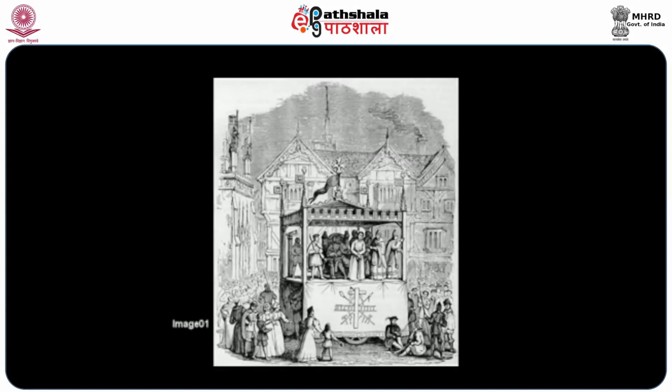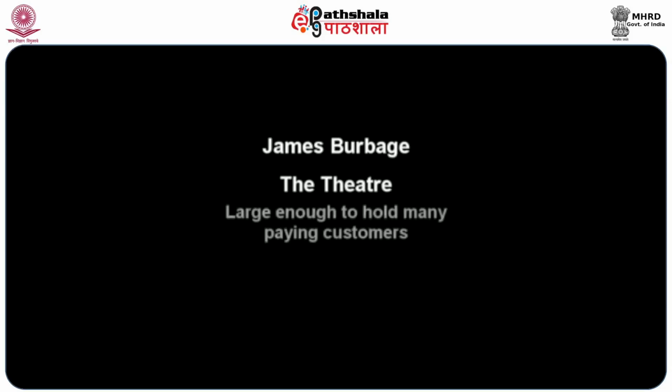It wasn't until a man who was both an actor and a carpenter by the name of James Burbage undertook to create a permanent structure for the performing of plays in 1576 that England had a theatre for play production. The name of the first theatre of England was aptly called the Theatre. Burbage leased a plot of land just outside the city limits and undertook to create a structure that would be large enough to hold many paying ticket holders and to accommodate a stage on which plays would be presented.